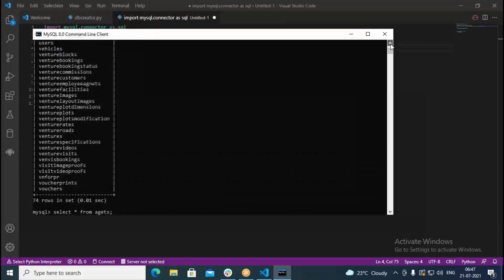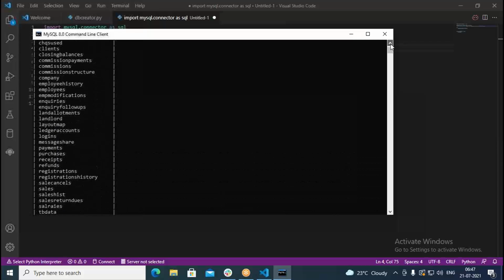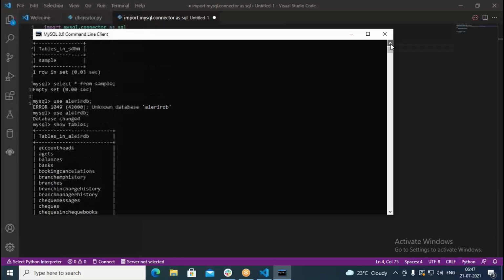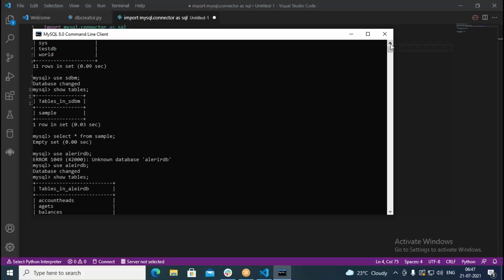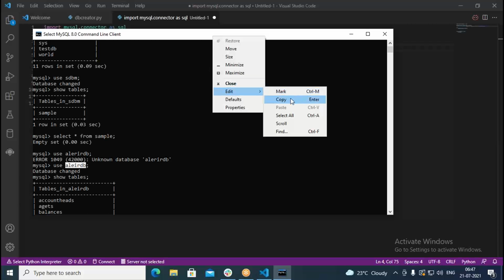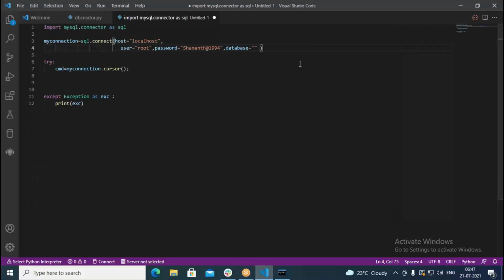On the top, I have chosen the database name using the use command. Copy this and we put it here. This is the database name we are keeping in this.